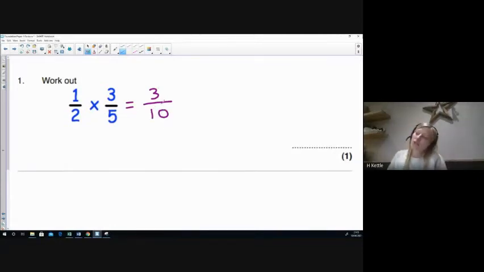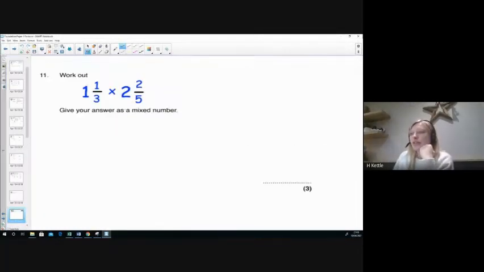And then I would just want to check, can I cancel that down? And there's no common factors. There's nothing that goes into both. So that would be my final answer for that one. Nice and straightforward. If we're given a mixed number, 1 1/3 times 2 2/5, the first thing we need to